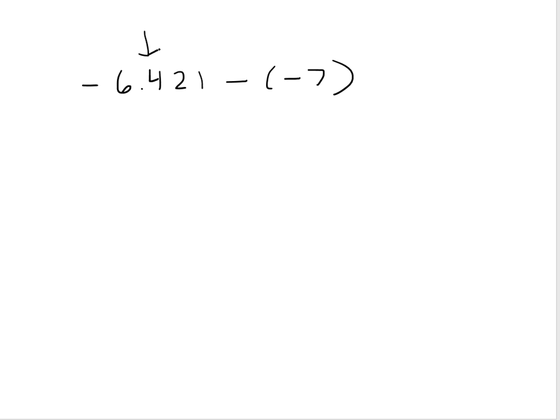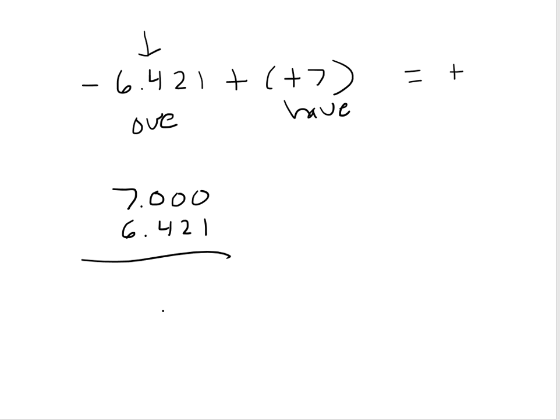So we're going to keep, change, change. Okay, so now this is our owing amount. This is our having amount. Our having amount is bigger. So when we combine these two, we're going to end up having a positive answer. And then to figure out what our answer is, we're going to use subtraction. We're going to take the 7, which we write as 7.0, and we are going to subtract the 6.421. Okay, I'm going to add zeros here as placeholders,